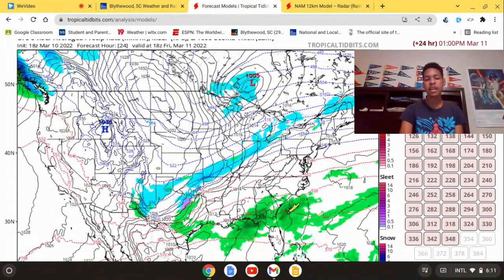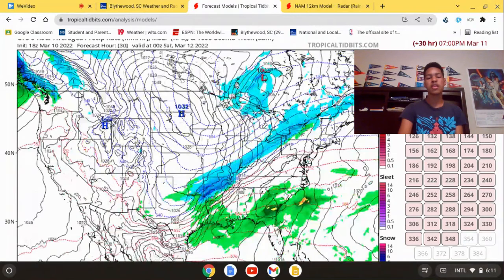So if you live in Dallas, you might start as rain because the temperatures will be very warm, like in the upper 30s. And then as we go throughout the day, the temperatures will decrease and you might change over to snow. See some snowflakes if you live in Dallas or Fort Worth or the DFW metro area.